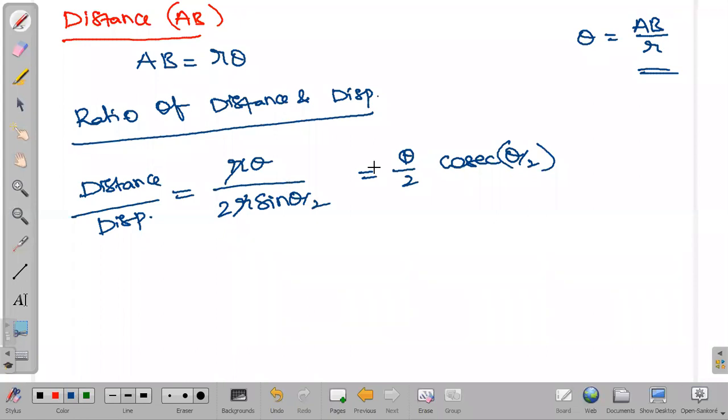So we just finished the distance and displacement part, which we studied in motion in a straight line, the distance and displacement definitions. Now we will go with angular displacement, angular velocity concepts and all, which are purely for circular motion only. Whatever we have done here is for translatory motion also, and we have done it here for circular motion also. Now the forthcoming definitions are purely for circular motion only.